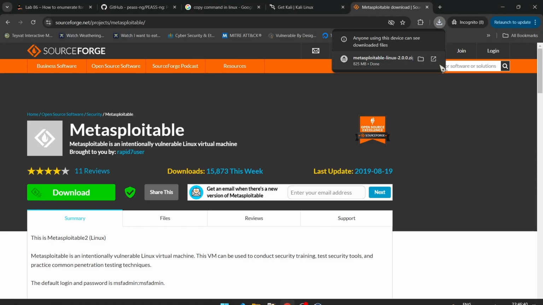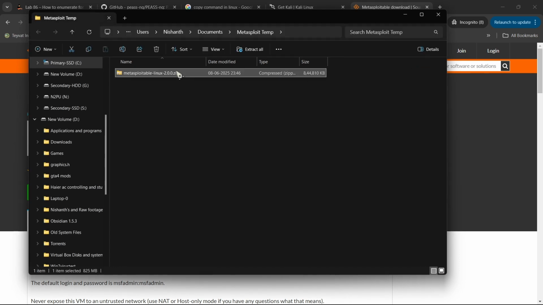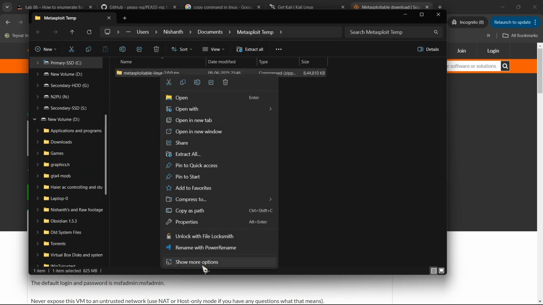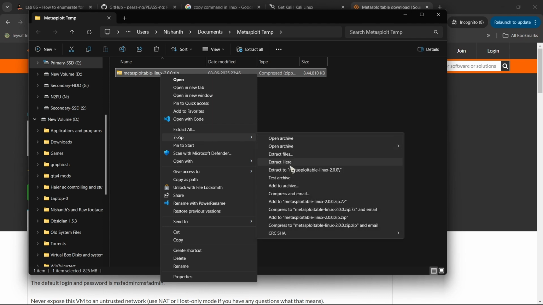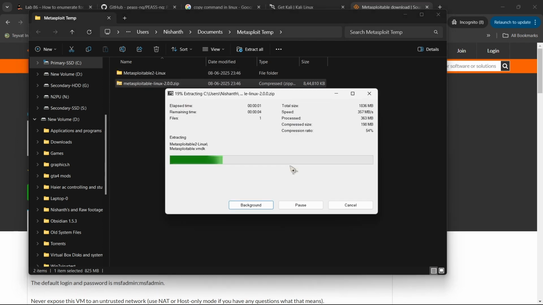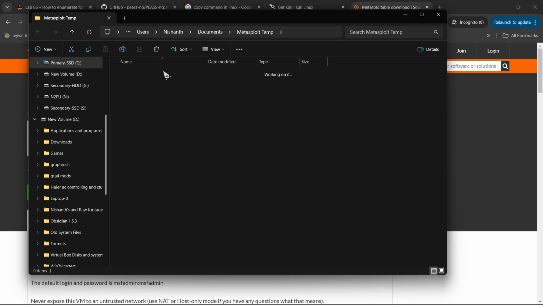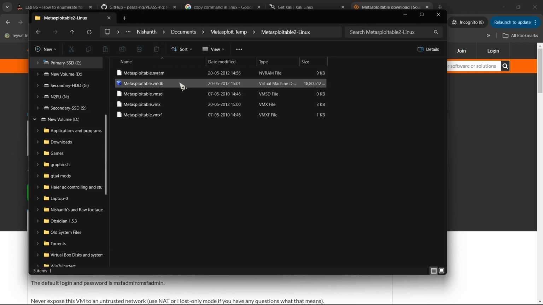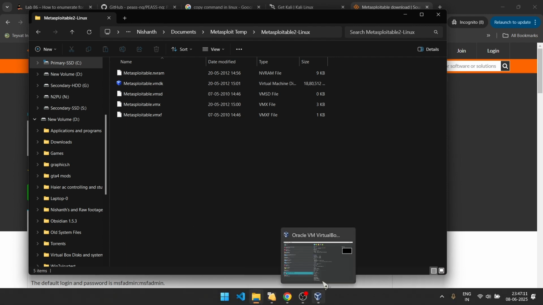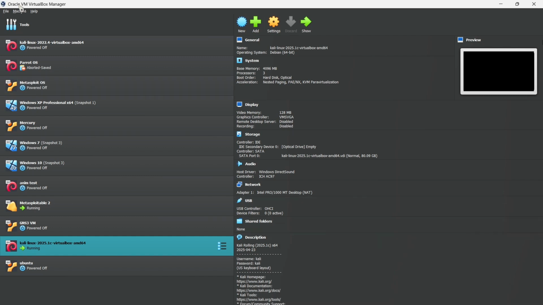Okay, so it's done. Okay, so it's downloaded, right? Firstly, you'll have to extract it over here. Anyways, fine, but just extract it here. And once you're done extracting, you'll have one folder called Metasploitable VMDK. Now, this is the main thing. You'll have to open Oracle VM VirtualBox,